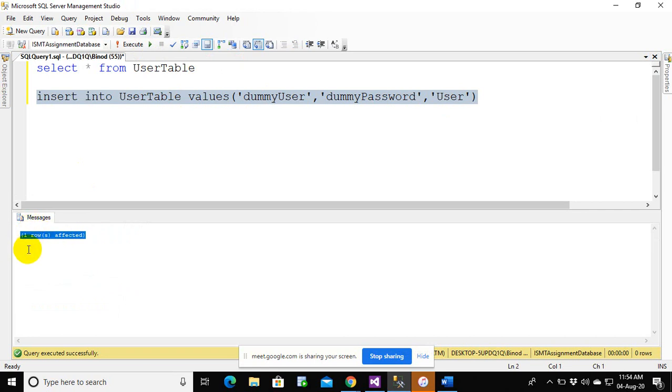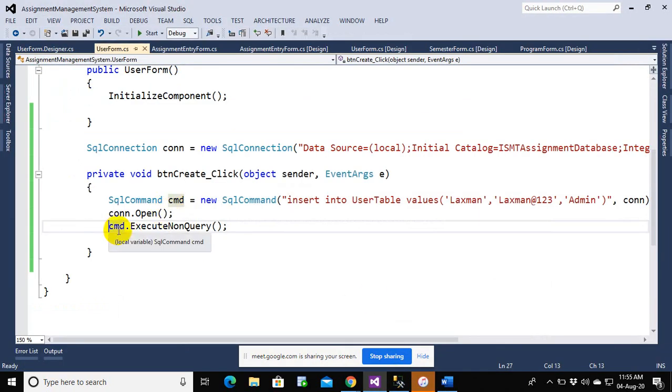So I actually need to count how many rows have been affected. I can do that because cmd.ExecuteNonQuery also returns the number of rows affected, and I can store that in some variable. For example, I can store that in integer x.